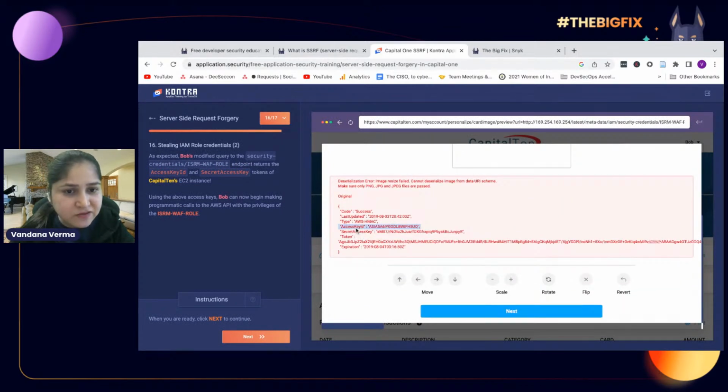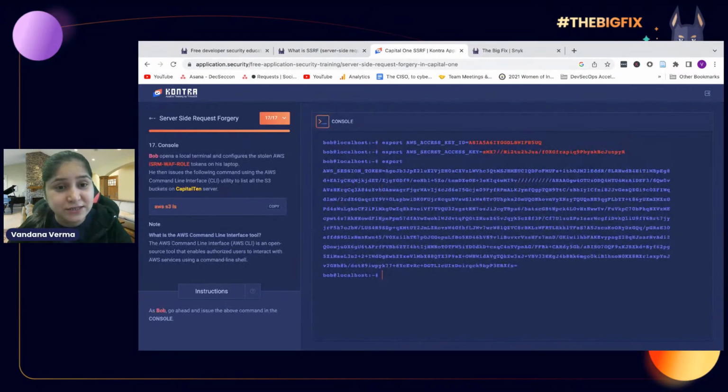If you see, it gives me an access ID and it gives me a secret access key and token. Do I need anything in the world apart from this to access it? No. I can access anything and everything using these credentials. So let's set things up. Now here, I tried to set up the account on my local system. I am Bob. I have the access ID, I have the secret key, I have the token. The best thing in the world.